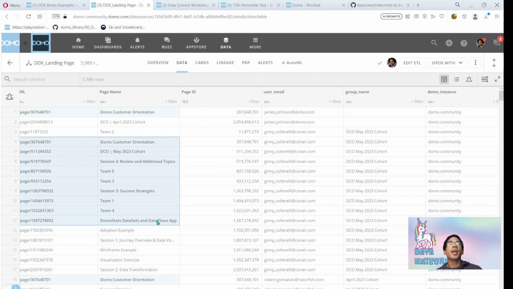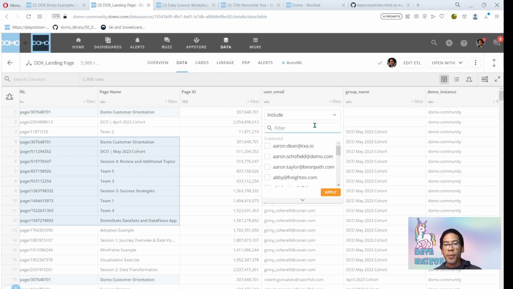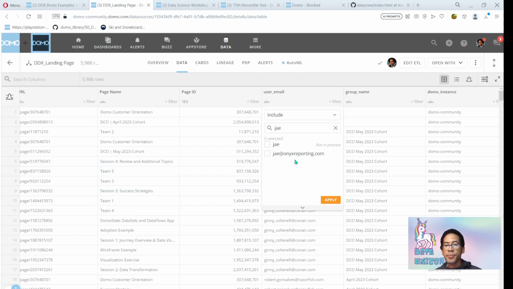Now, of course, I'm only able to generate this report because I do have admin rights in this instance. But ultimately, in order for me to create a DDX that shows you all the pages you have access to, I need to create a data set that shows you all of the pages you have access to. So if I were to filter this for myself,